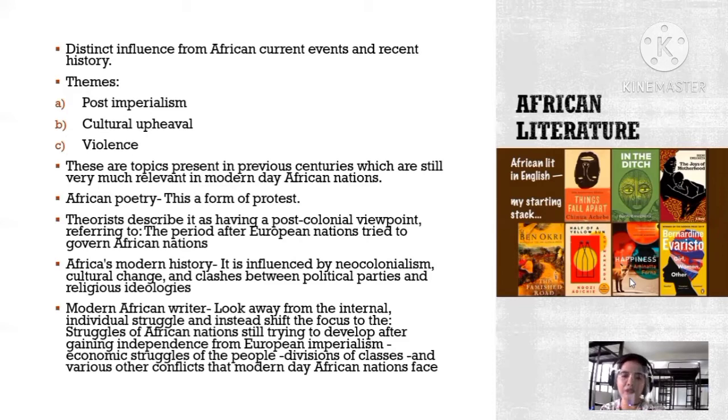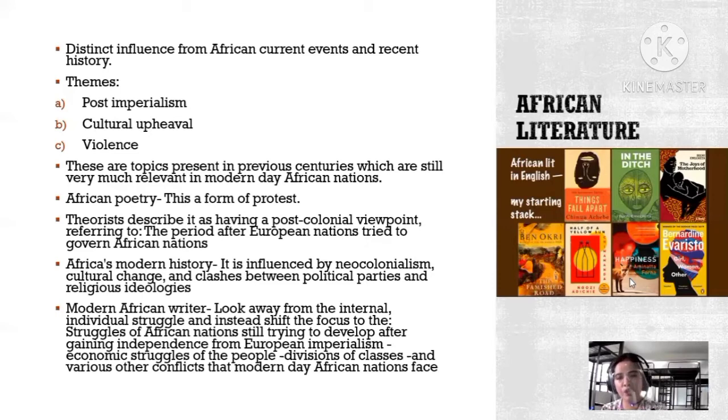Here, the modern African writer is looking away from the internal individual struggle and instead shifts the focus to the struggles of Africans. If you look into the situation of the Africans, you will see how poor the life of people there is. That's why they're trying to show it in their literary forms or literature. And also the struggles of African nations still trying to develop after gaining independence